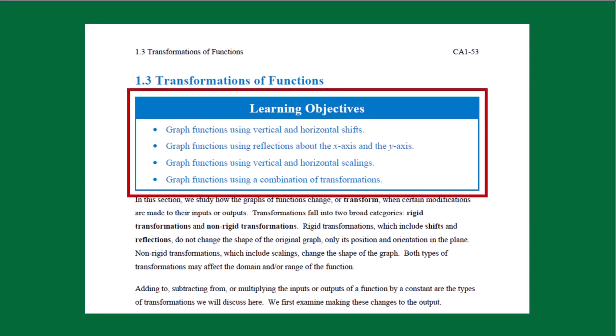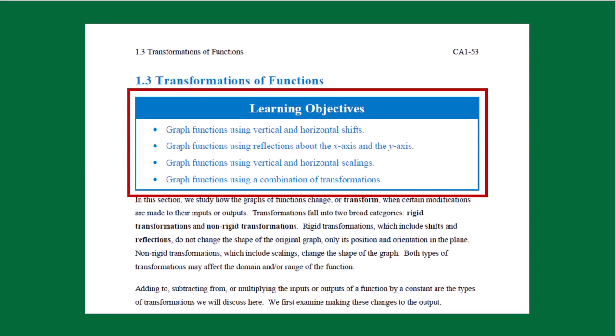We have the learning objectives right at the top of the page, and this is going to outline everything for you. Now, I said that I had 5 things that I was concentrating on. This book puts the vertical and horizontal shifts together in that first bullet. They talk about the reflections together like I did. And then they talk about the vertical and horizontal scaling. So that was my stretching and shrinking. They just have different terminology, no big deal.